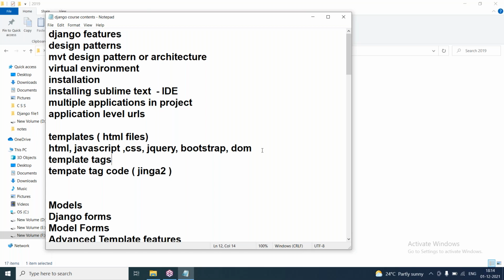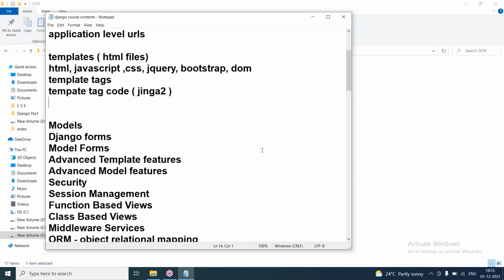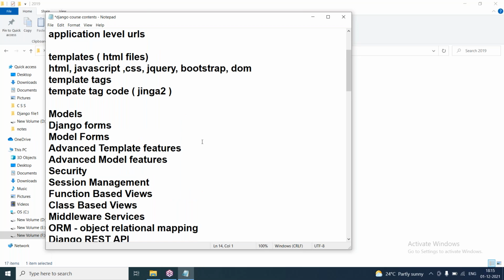So that is called Jinja 2, we are going to see. Using template tags and template tag coding, we can display data from the server, and we can send data to the server. Sending data to the tables, accessing the data from the tables, all these we are going to discuss. And here we are going to discuss models, then Django forms,